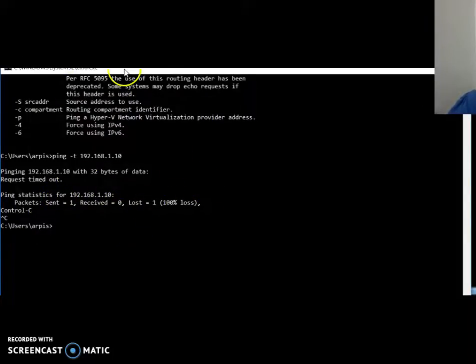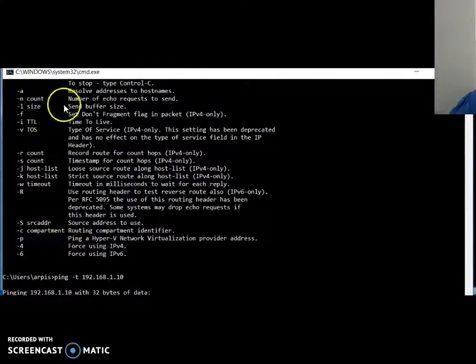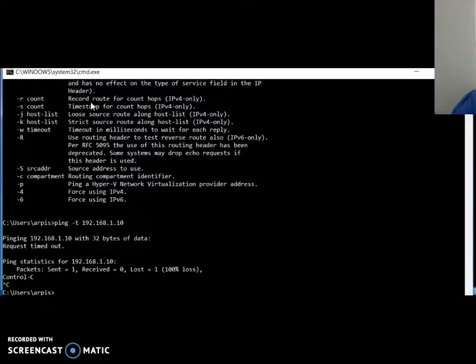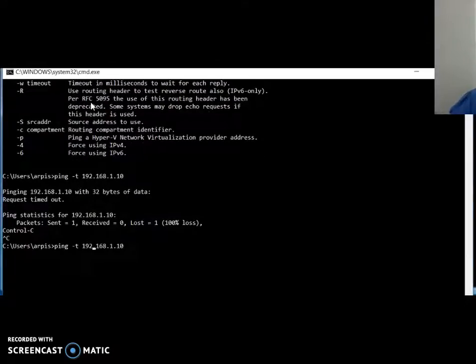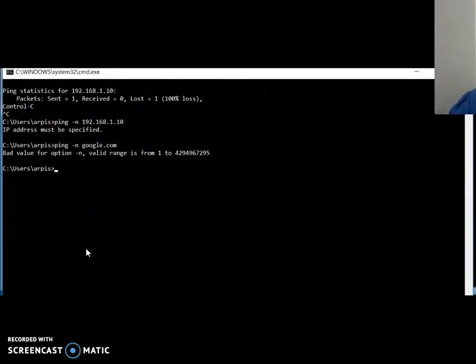After that, we're going to see the next option, which is hyphen n count, which sets the number of echo requests sent. So I'm going to say ping hyphen n and the same thing. Okay, I am going to say google.com. Okay, the valid range is from 1 to okay. So here we need to enter the IP address for a particular website. So I am going to enter 10.1.256.1,